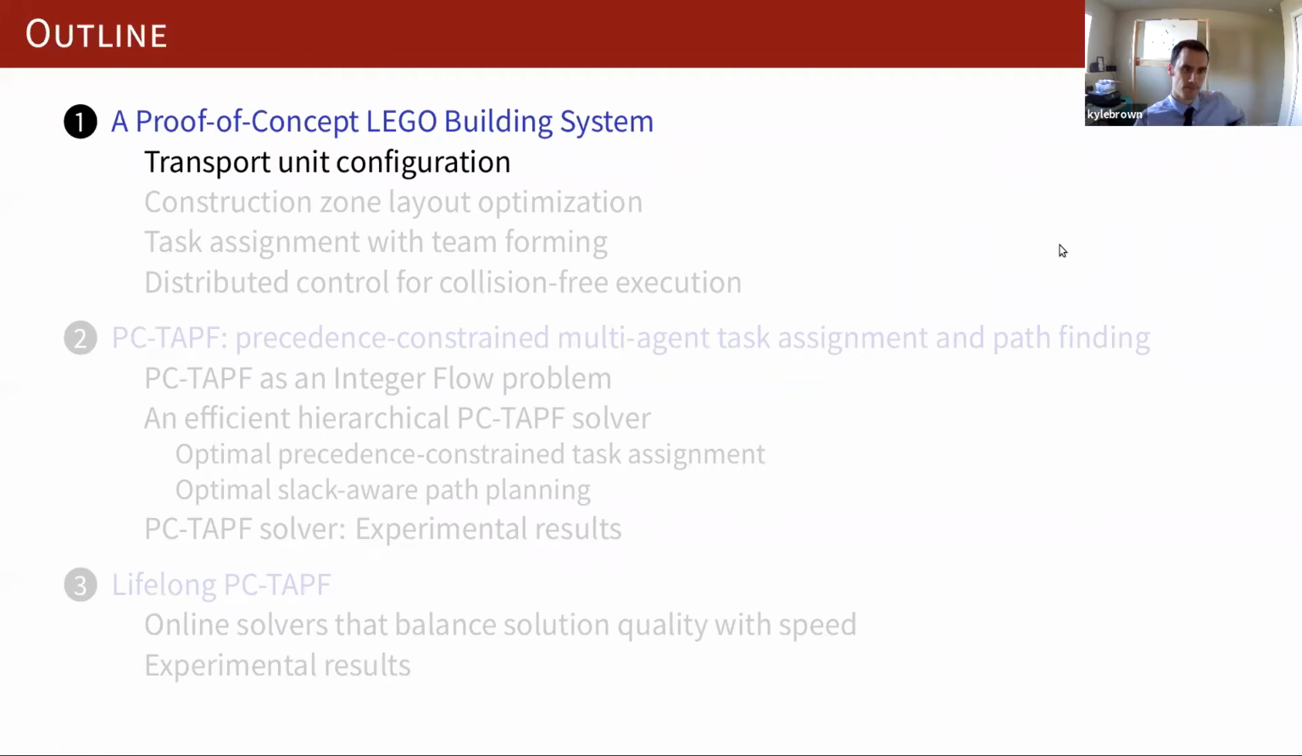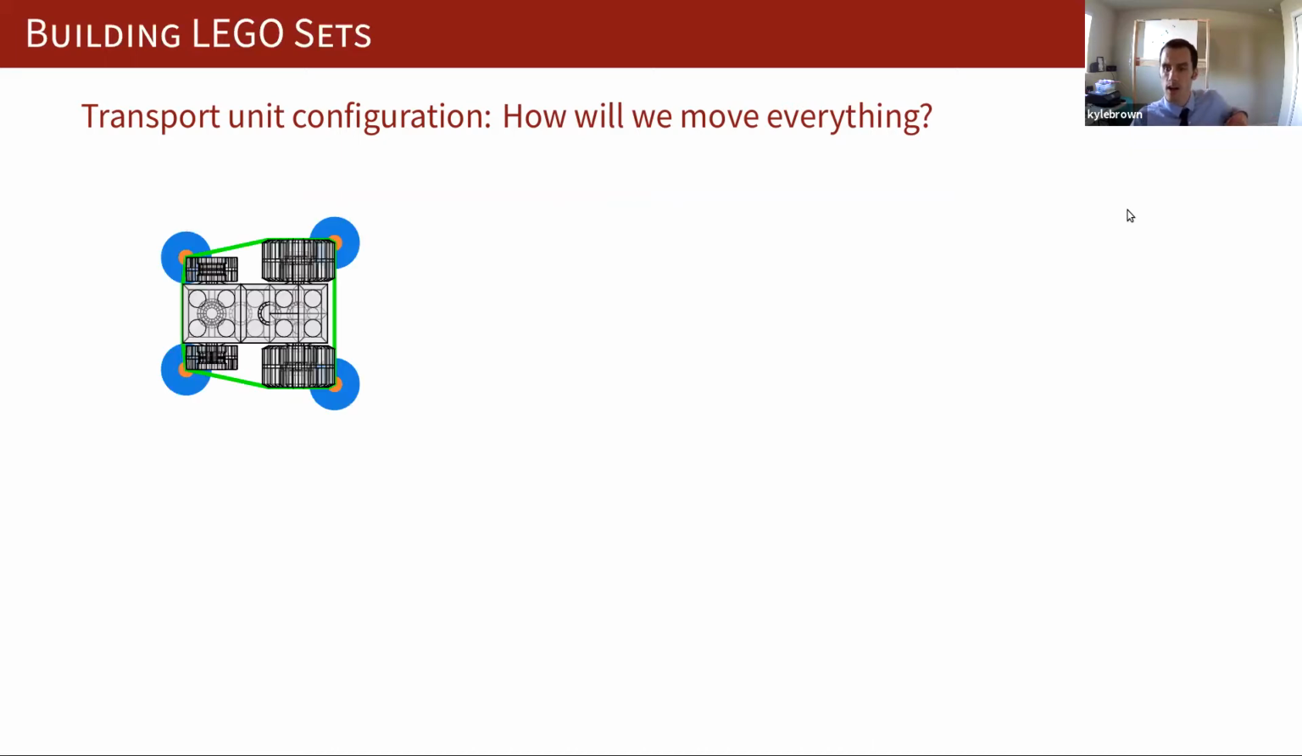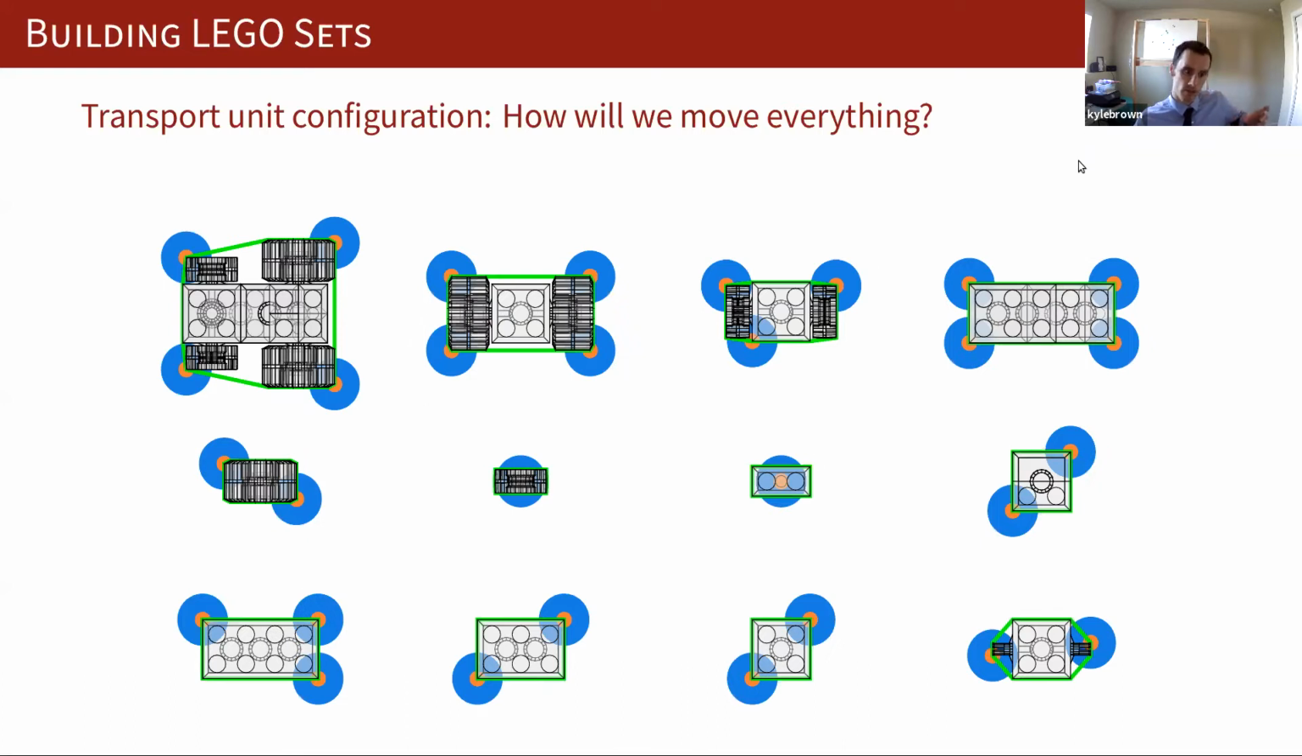Once we have our input, our project specification, we know that we're going to be moving things around the factory, and we need to figure out how the robots are going to transport them. This is what I call transport unit configuration. If we have big cargo, like the full assembly or sub-assemblies, or even some of the pieces, we need to figure out how to position robots around those assemblies in order to lift them and carry them and move them through the factory. So one of the first phases of the Lego building system that I've developed is the transport unit configuration phase,